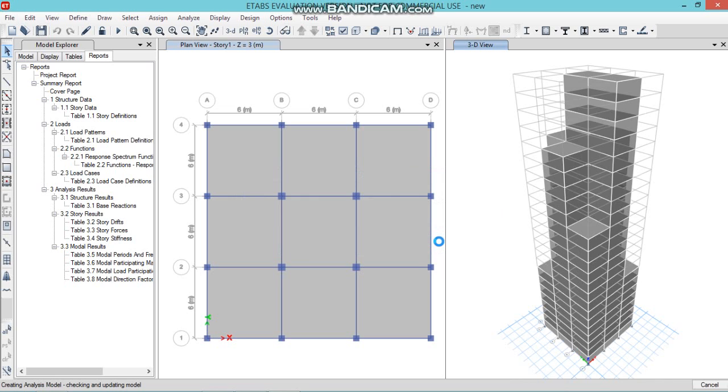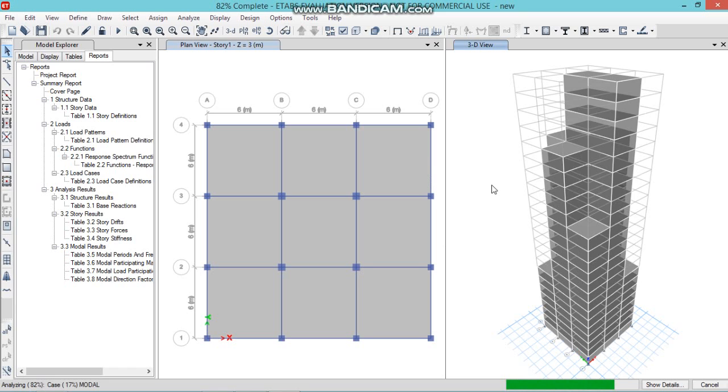So the software is going to analyze and design again. Now wait for the details to analyze and design.